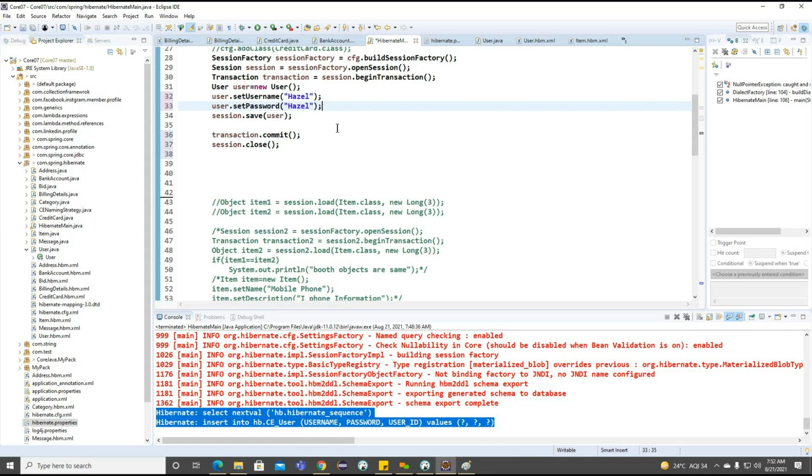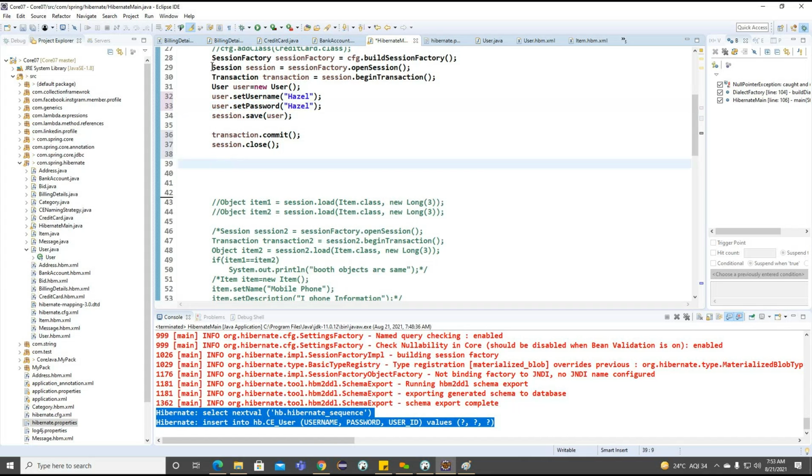So what I'm doing here is updating this particular information. Based on this first session, we'll save the data. And later I want to set this particular password with a different name, otherwise we'll keep it the same here.